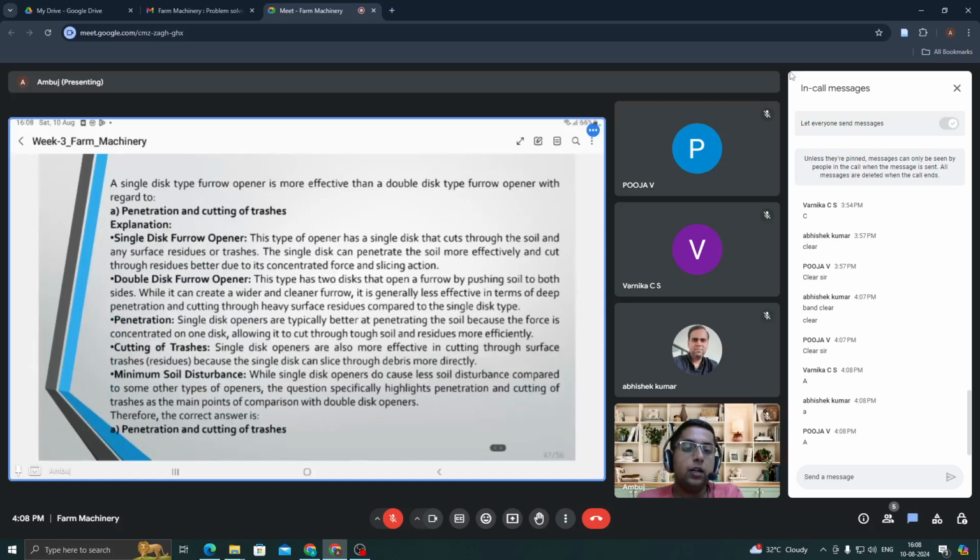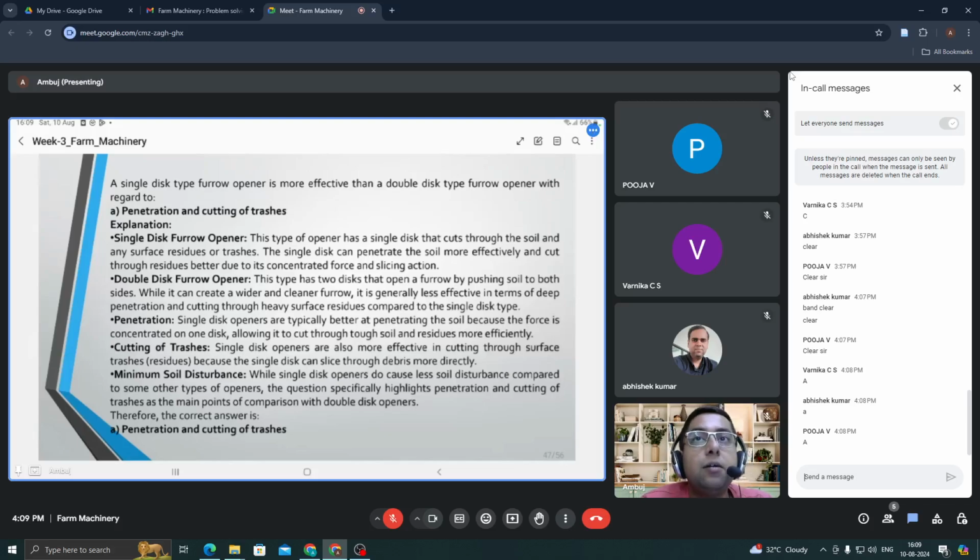Okay. Yes. Single type disc furrow opener is more effective than a double disc type furrow opener with regard to penetration and cutting of the trashes. Okay. If you will see single disc furrow opener, this type of furrow opener has a single disc that cuts the soil, and any surface residues or the trashes will be eliminated. Single disc can penetrate the soil more effectively and cut through residues better due to its concentrated force in the slicing action. Okay. Weight distribution would not be there in case of a single disc type furrow opener,